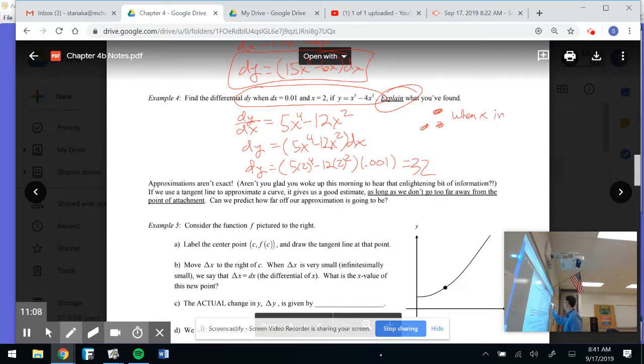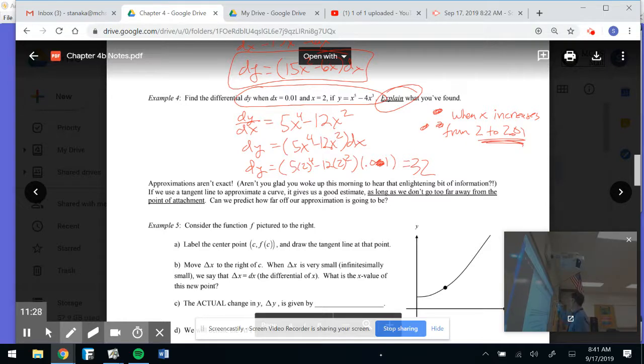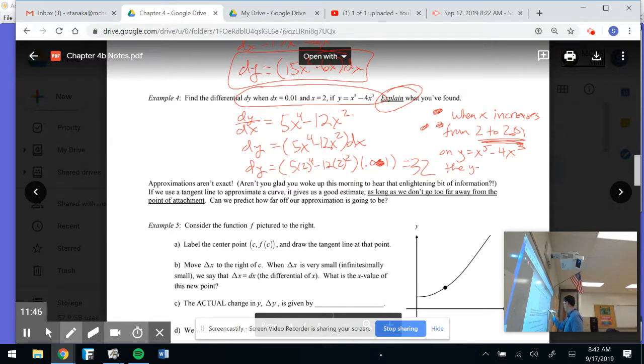when x increases from 2 to 2.01, so I'm staying super close to 2, on the original curve, because remember what we're trying to do is approximate what is happening with the y. The y value increases by approximately